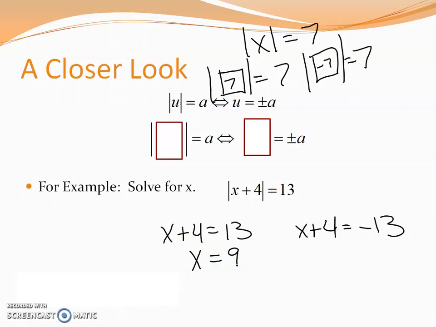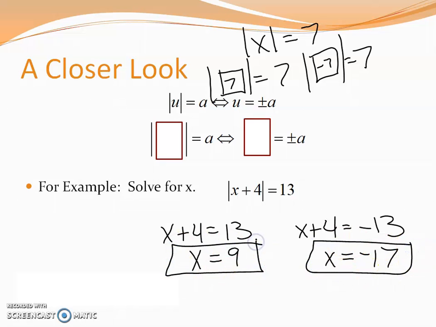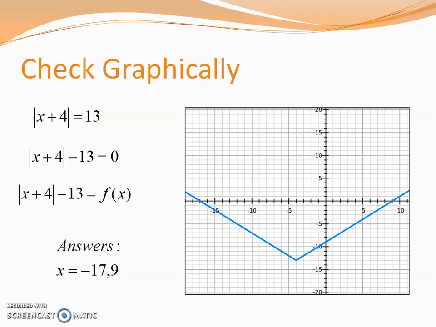On the other side, if I subtract 4, I get that x equals negative 17. So just like with our quadratics, when we are solving with absolute values, you are going to get two answers. If you remember the shape of our graph, absolute values are going to be v's. So if I had an absolute value of x plus 4 equals 13, and